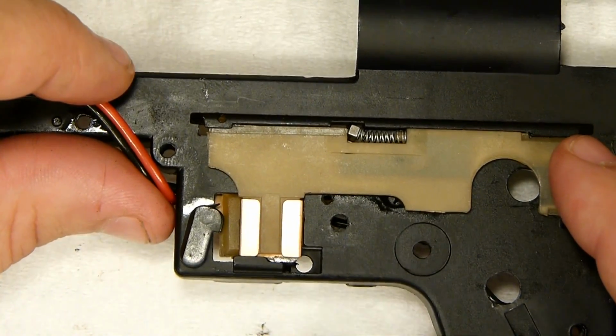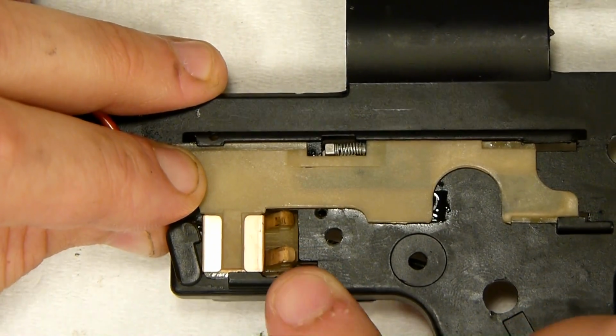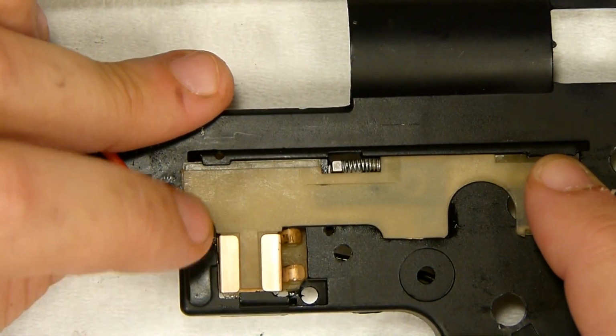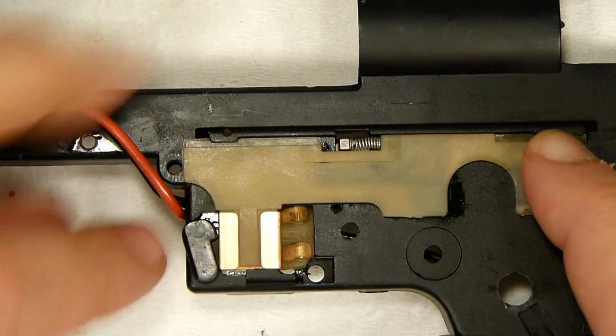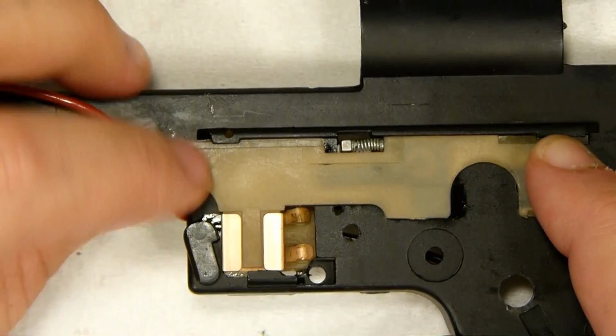There are some companies that don't have this plate here and don't have these two little metal tabs on the underside of the wiring harness. So they don't actually have an electrical safety. All they have is the physical safety. But since this is a TM clone, it does have that. So what that means is when it's in safe, it's not possible for electricity to even get to the motor because these two contacts aren't